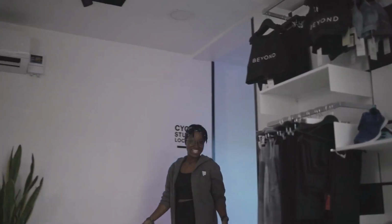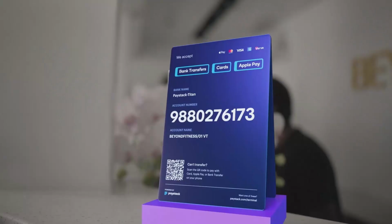There's Moniepoint with their POS, there's OPay, Palmpay. We have a few other smaller startups that are already there. What I do not know right now is the progress that Paystack's Terminal has made since it was launched last year. I think it was launched towards the end of last year, so this should be about a year. I don't know what progress they've made, what the penetration rate has been like, because they were primarily online, and I haven't come across a Paystack Terminal myself. So I'm curious to know what the progress on that front has been,